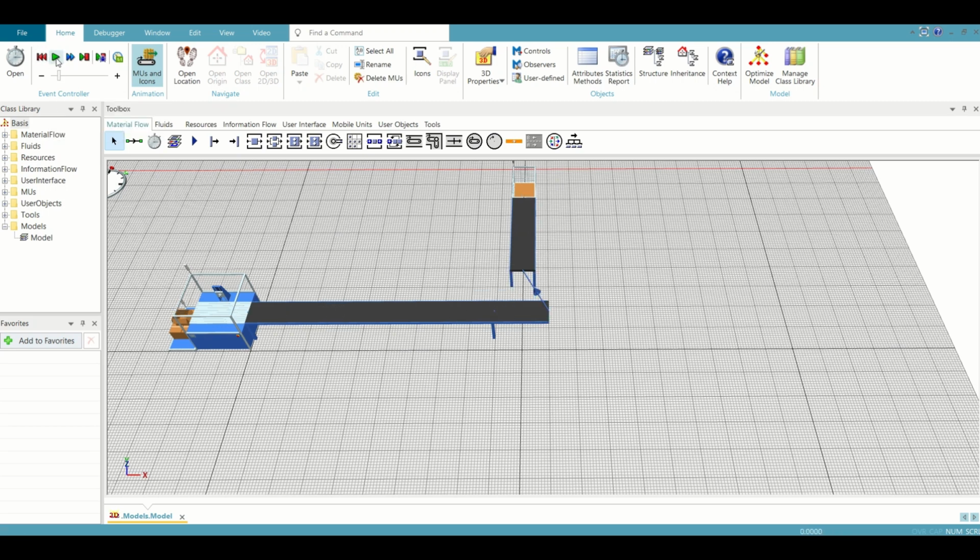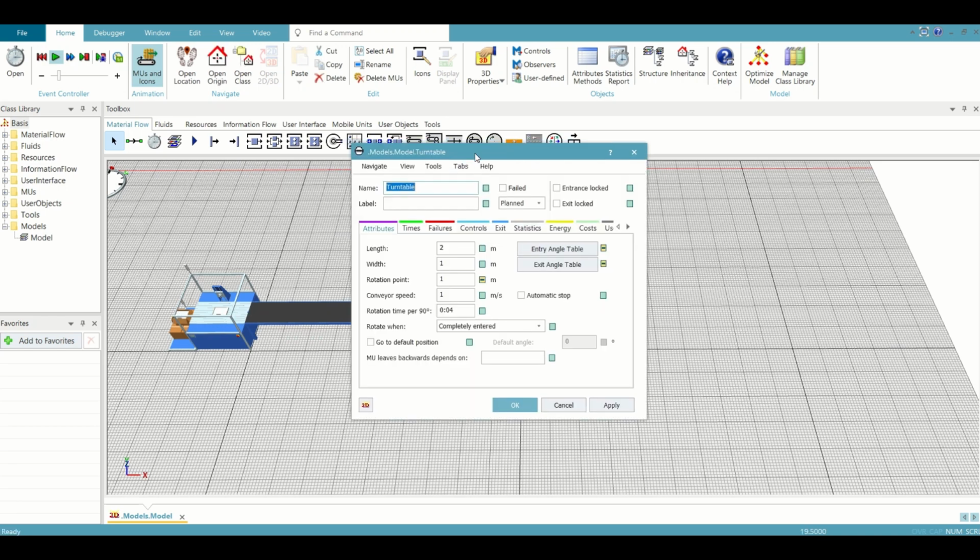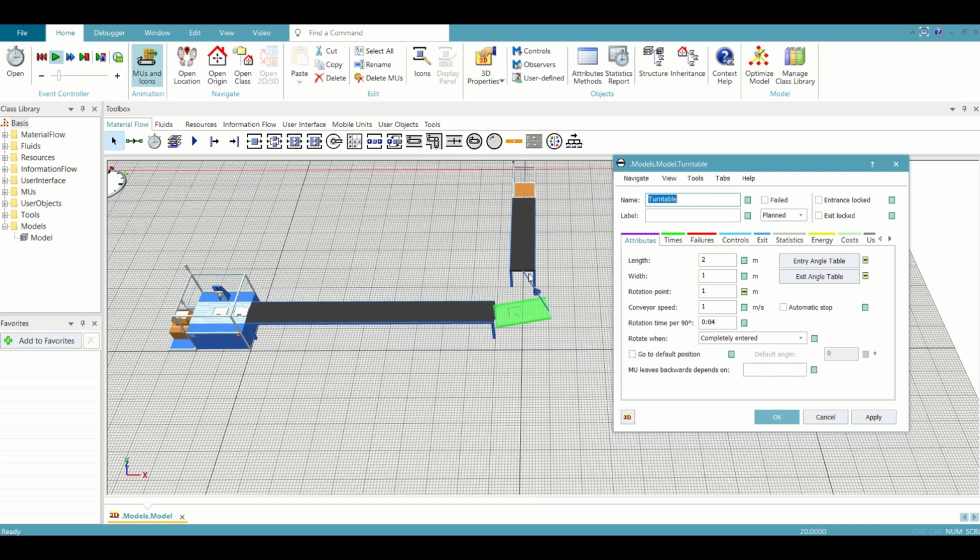So when I just reset and run, it's at full speed. Let me reset and run, and you can see that whenever a part comes onto the conveyor and reaches the turntable, it is transferred to the conveyor ahead. You can adjust the distance of the conveyor by taking it further, so it becomes very